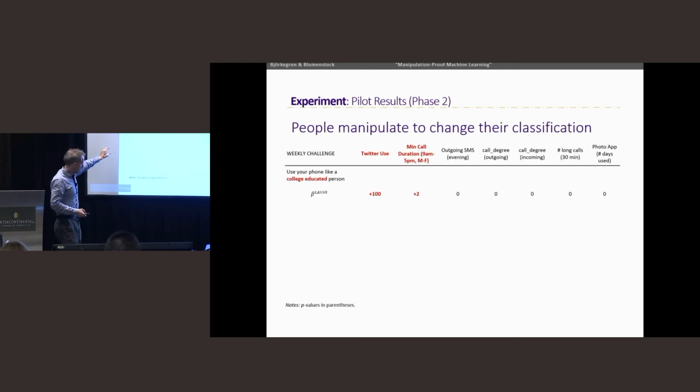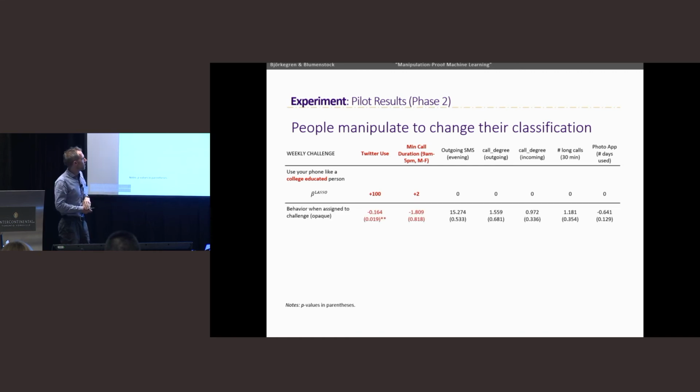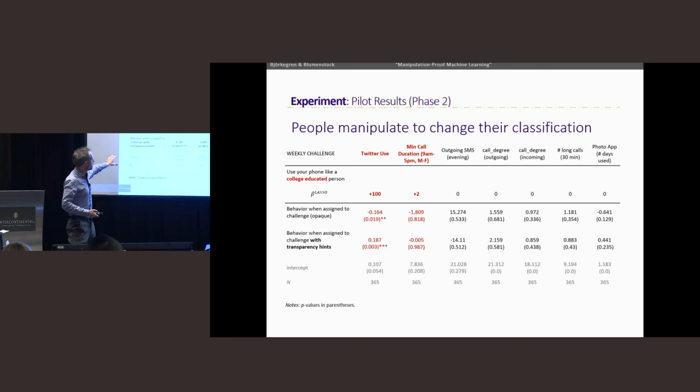Then we'll come up with some decision rule. And so here to start, we found that college-educated people tend to use Twitter and tend to make a bit longer calls. And so we might have this as a decision rule that comes out of this. And if we incentivize people, use your phone like a college-educated person, and don't tell them what that means or how the algorithm is going to decide that, you actually see pretty noisy results, and people's Twitter use seems to go in the wrong direction. If we tell people exactly how they're scored, in the pilot we actually saw people go in the right direction. So people seem to use Twitter more,